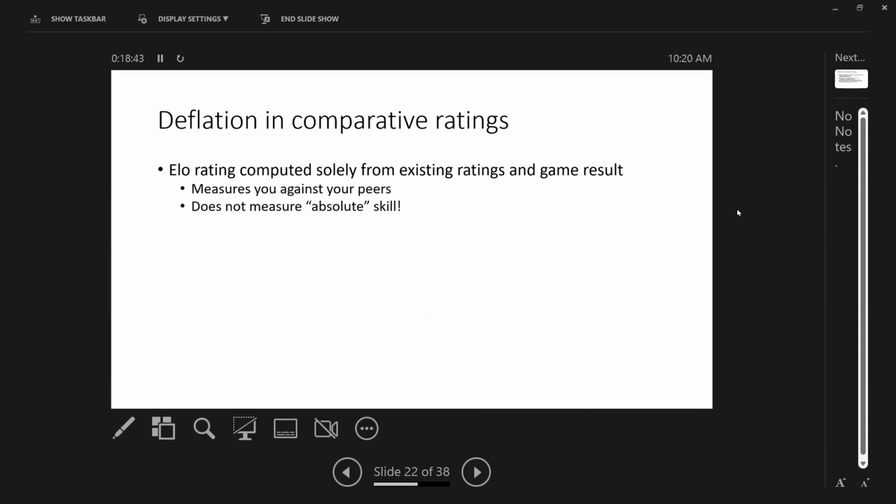All of these ratings we've discussed so far, which include the Harkness rating system and the Elo rating system, are both comparative ratings, meaning that these ratings compare you against your peers, not against some absolute gold standard. So, for example, the Elo ratings are computed solely from the existing ratings of you and your opponent and the game result. It measures you against your peers and does not, on any account, measure the absolute scale. If magically someday you and your opponents all leveled up by some fixed amount, the ratings are not going to change because it's a relative